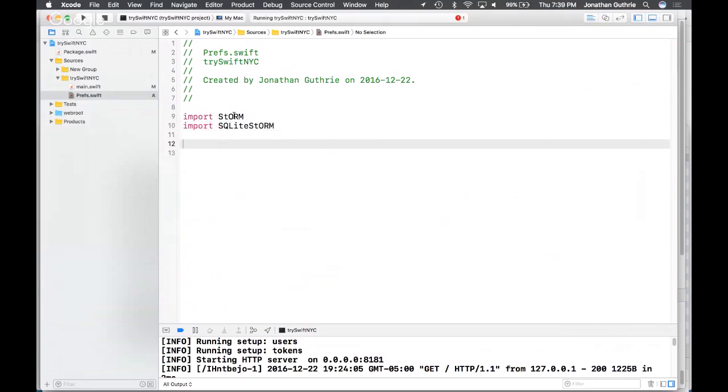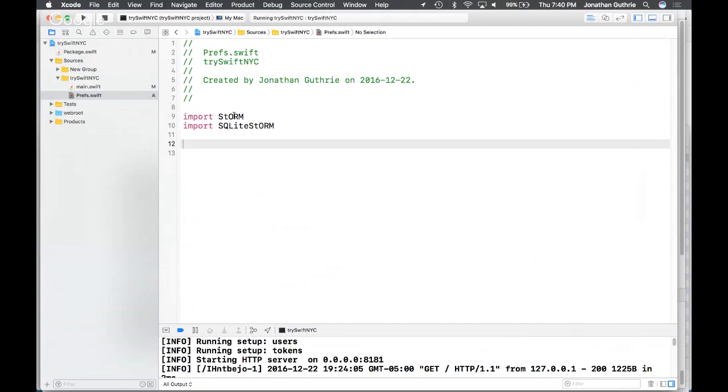This gives us access to all the goodness that comes with any typical ORM. An ORM is an object relational mapping, which means we can take a struct or a class and map its properties to a database.